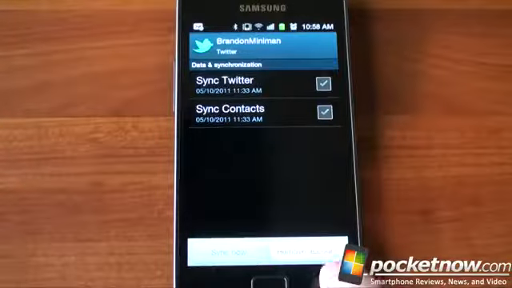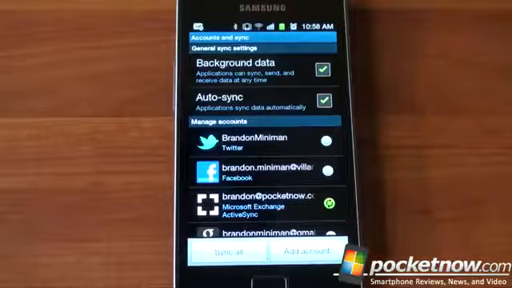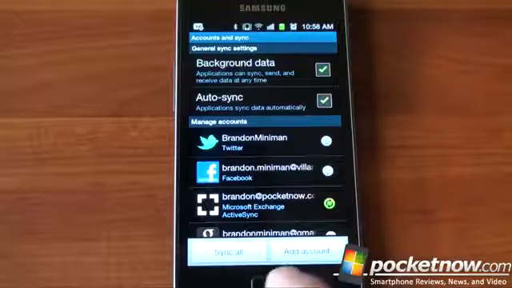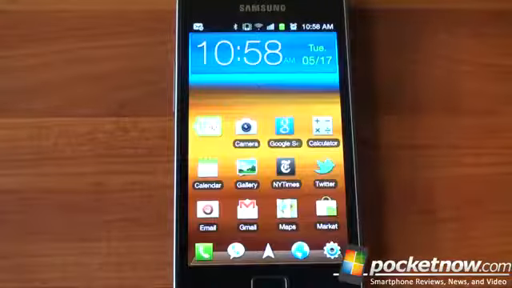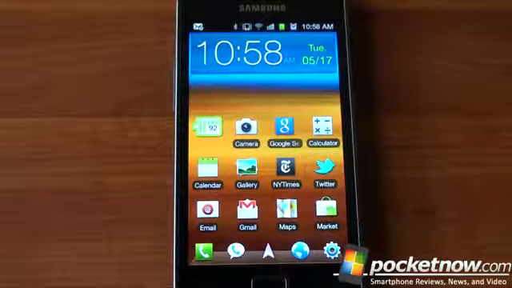So the 7th tip we have here is reduce the amount of apps or accounts that are pulling down data. Keep it to just the ones that you find very critical to what you need. So those were 7 tips on how to make your Android feel faster. None of them are too extreme. They're all very small and incremental, but taken collectively, they can really help to bring back a little bit of speed to the Android operating system.